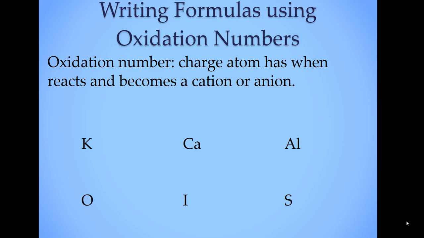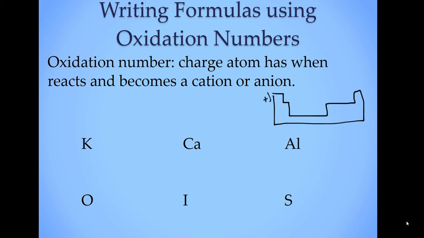Now let's talk about writing formulas using oxidation numbers. An oxidation number is a charge an atom has when it reacts and becomes a cation or an anion. And on your periodic table, we have previously learned that there's a pattern. On that periodic table, if I can sketch this really quickly, we start off with a +1 on the